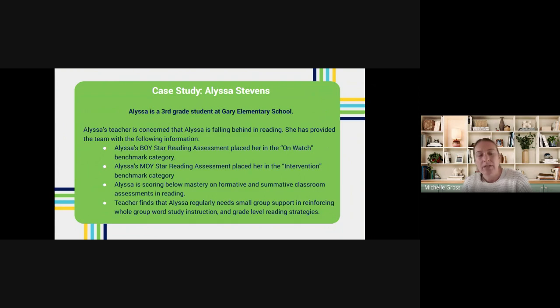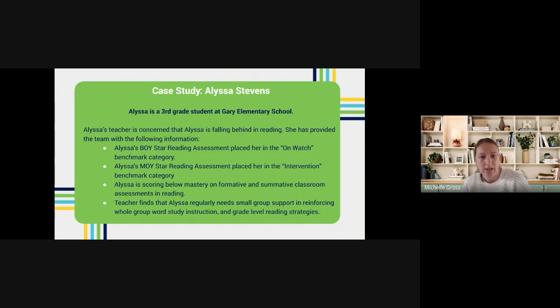Alyssa's middle of the year STAR reading assessment placed her in the intervention benchmark category, which is that yellow. She is scoring below mastery on formative and summative classroom assessments in reading. And the teacher finds that Alyssa regularly needs small group support in reinforcing whole group word study instruction and grade